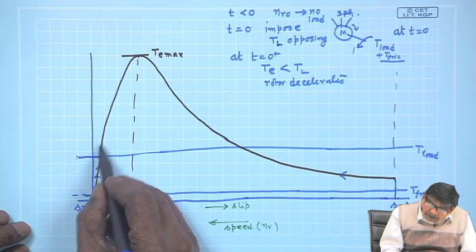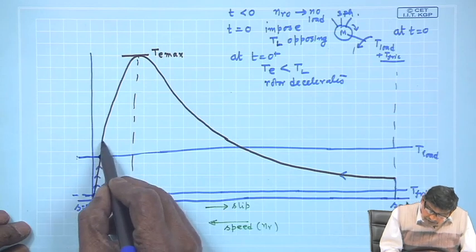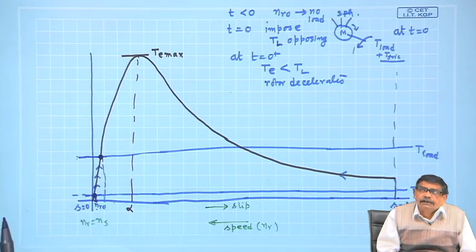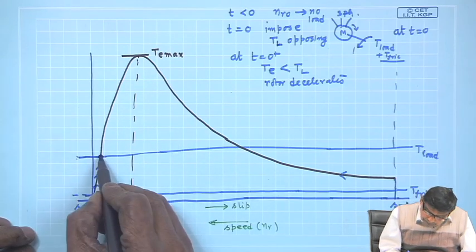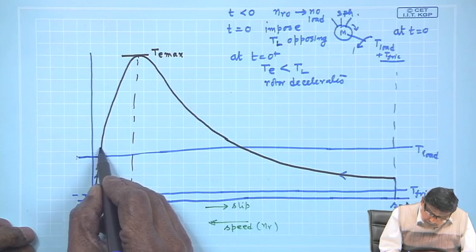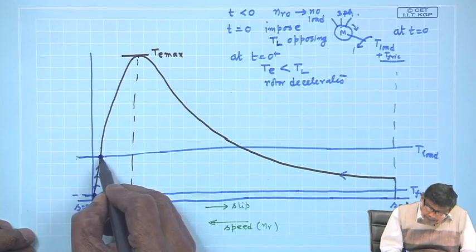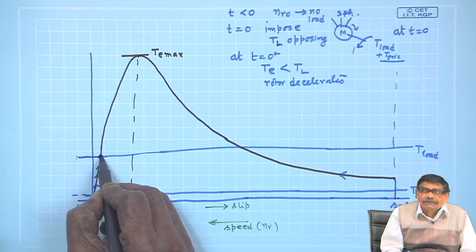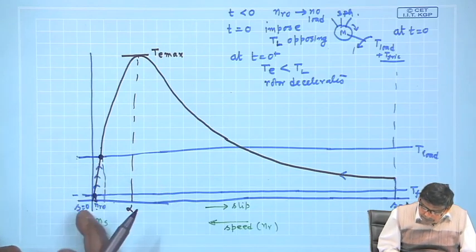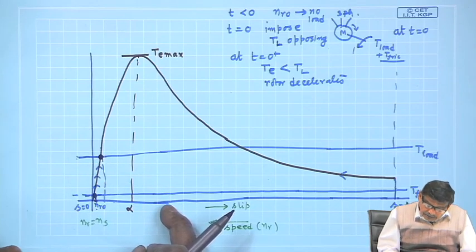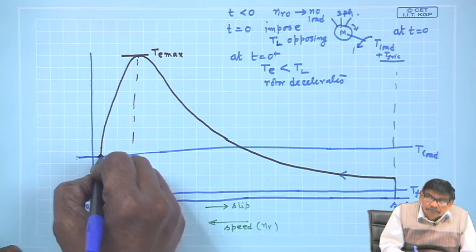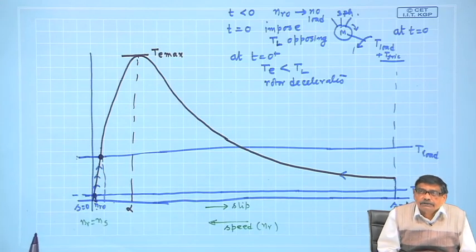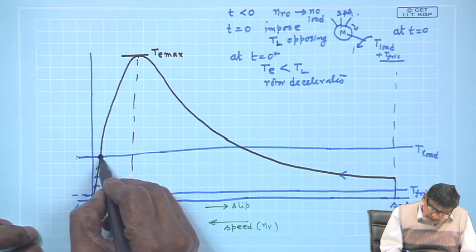The operating point may shift there, but the moment it crosses this point, I find T is greater than T load, therefore it will accelerate. Therefore, maybe after a few oscillations here it will go this way, then it will come, it will do a few oscillations here. Of course, finally it will settle down there, because the moment it comes, speed tries to decrease. So the machine always tries to seek this point as its final settled point. So, after maybe a few oscillations it will come here.